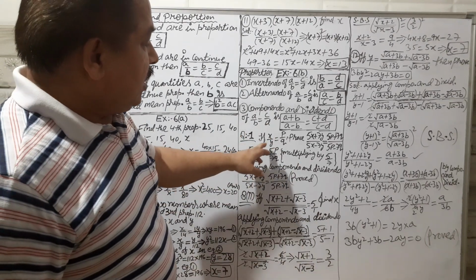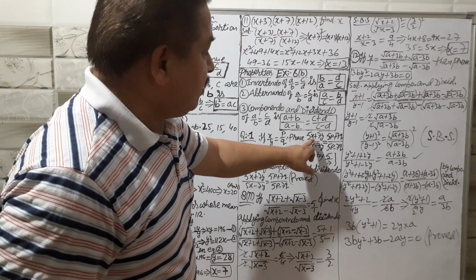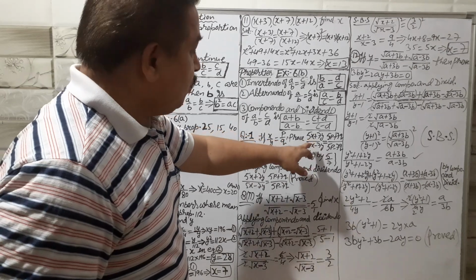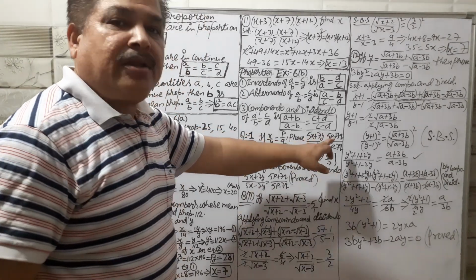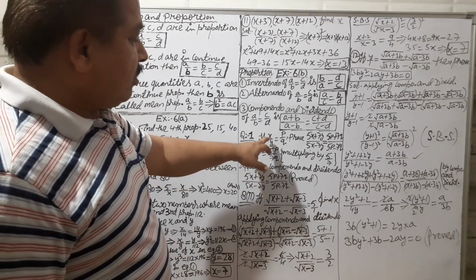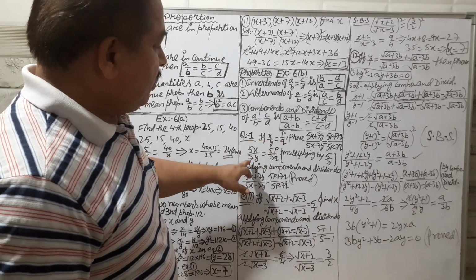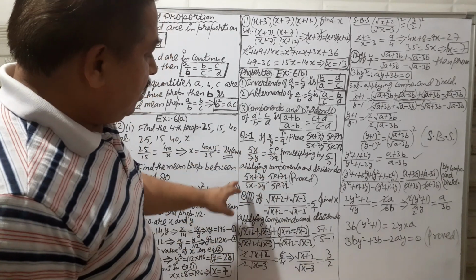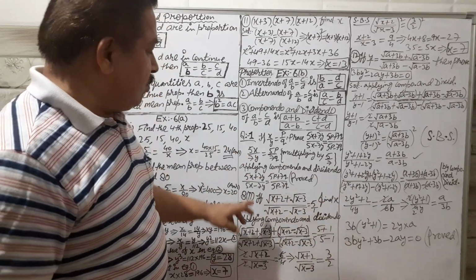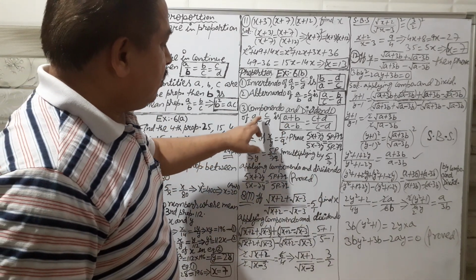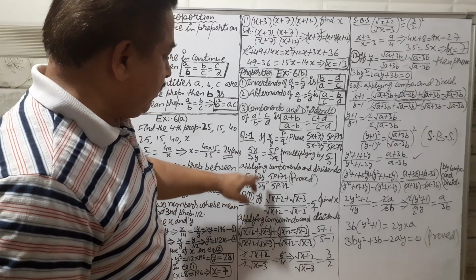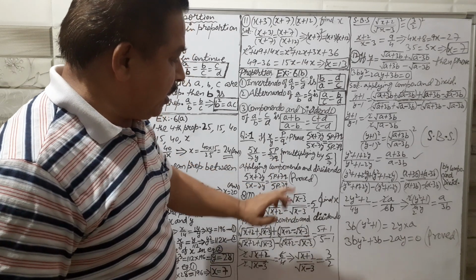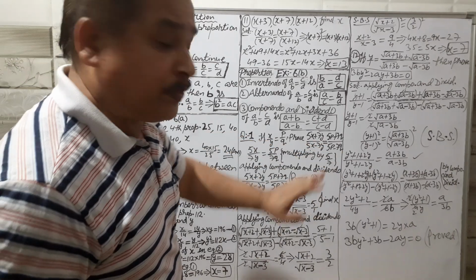Now see question number 1. x upon y is equal to p upon q. Prove that this is equal to that. Now this is given. See here what we have to prove. The numbers are 5 and 7. So you will multiply both sides by 5 upon 7. This given part should be multiplied on both sides by 5 upon 7. After multiplying, apply componendo and dividendo like this. Numerator plus denominator: 5x plus 7y, 5x minus 7y. Similarly this side: 5p plus 7q, 5p minus 7q. Now it has been proved.